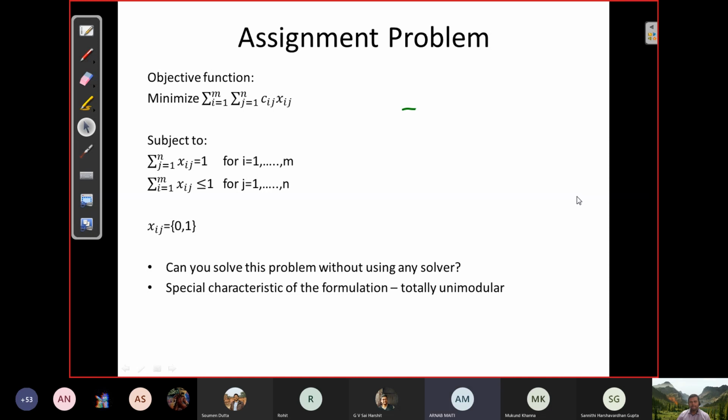No, sir. Why not? Forgot. So you take any book, Hamdi Taha, Introduction to Operations Research, or Hillier and Lieberman, you will find a chapter or a topic called assignment problem. There they will discuss this formulation as well as the Hungarian algorithm. So tomorrow I want one of you to present to me how the Hungarian algorithm works. Everyone please prepare. I'll randomly pick one of you to present it. How does it work? Okay?